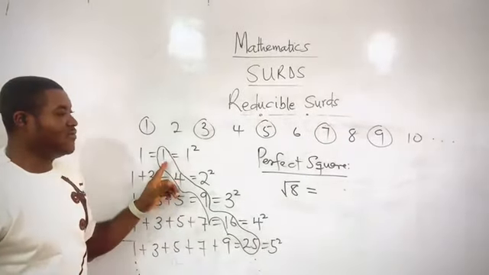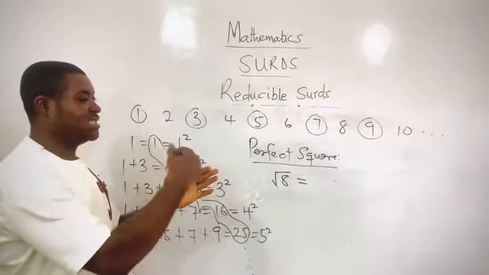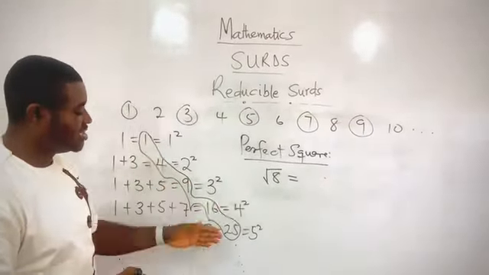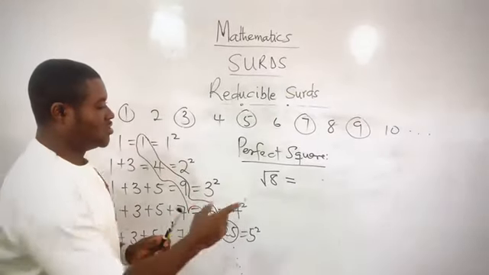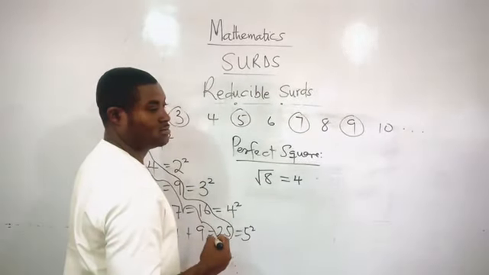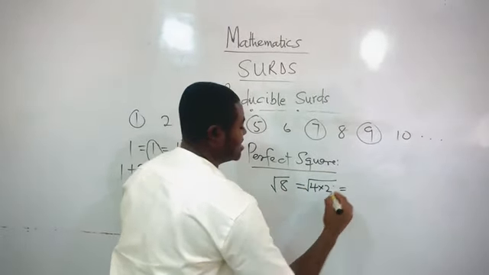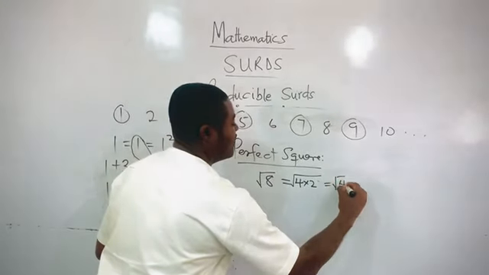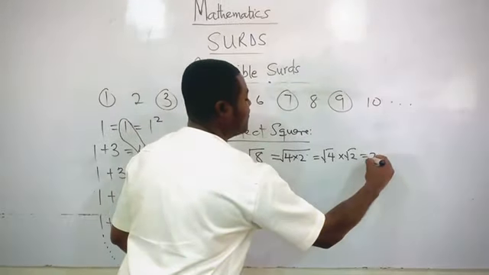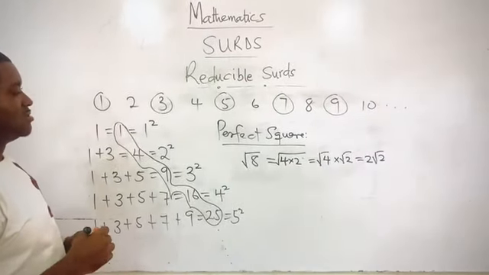Even though 1 is a perfect square, when we are reducing sets, we don't use 1 as a perfect square, otherwise it will be the same thing repeating. So we use 4, 9, 16, 25, etc., 36 going. So when we pick it, we have a perfect square, which is 4, and 2. And when we have the root there, we have root 4 times root 2. Again, when we pick